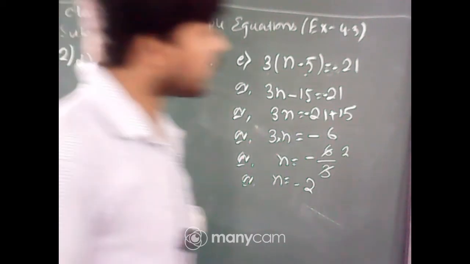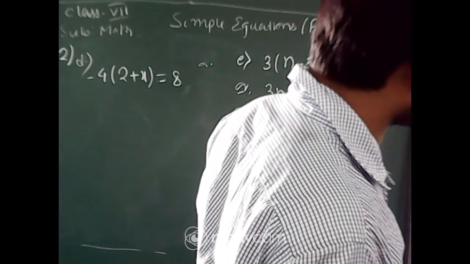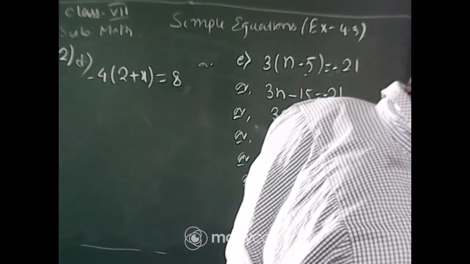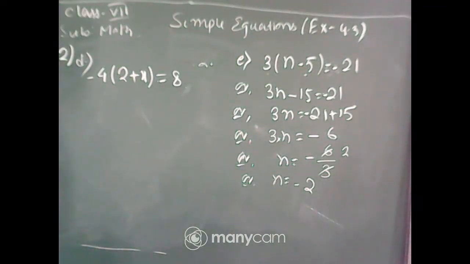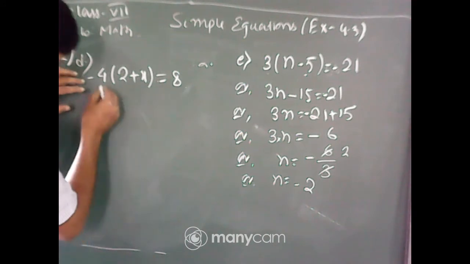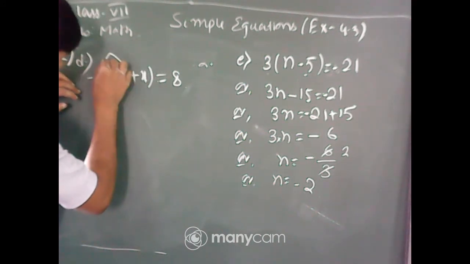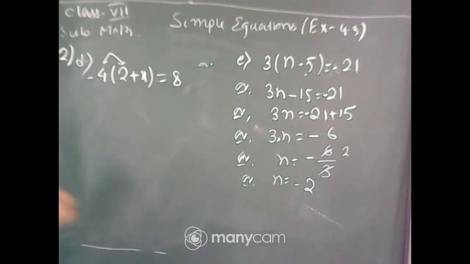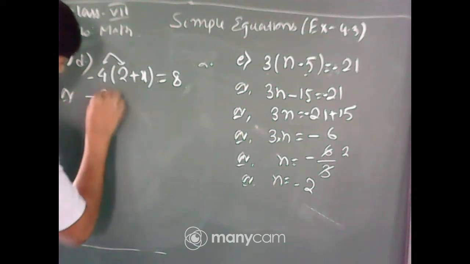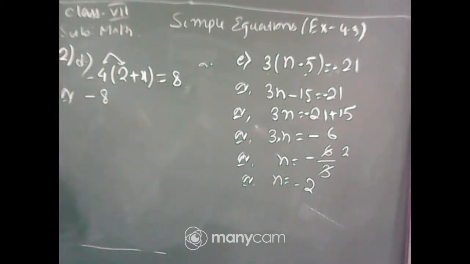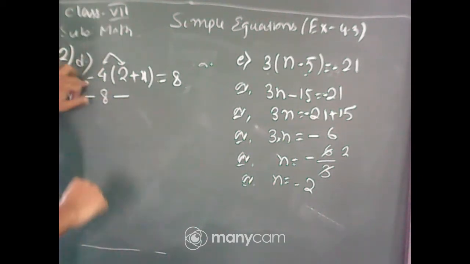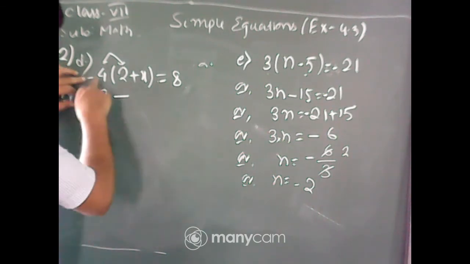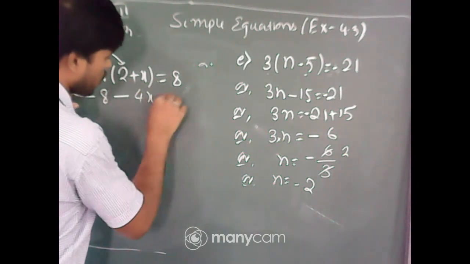Astik is saying minus 8 plus minus 4x equal to, yes, quite right. Now I am telling, look, first multiply minus 4 and 2. When you multiply minus 4 and 2, the result will be minus 8, and the sign is negative. Plus into minus, if I multiply plus and minus, the sign will be minus. 4 into x is 4x, which is equal to 8.